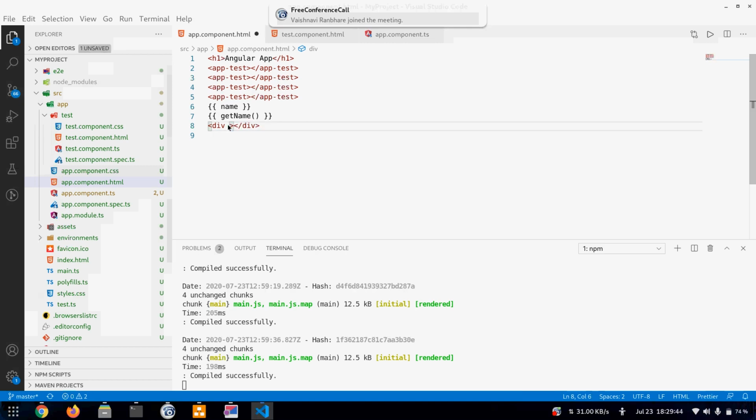We have the properties of HTML elements like inner HTML and all those things. We can add a square bracket here, and then we can type that property, like inner HTML is equal to whatever it is, name.